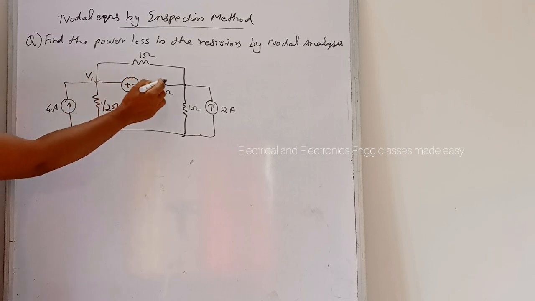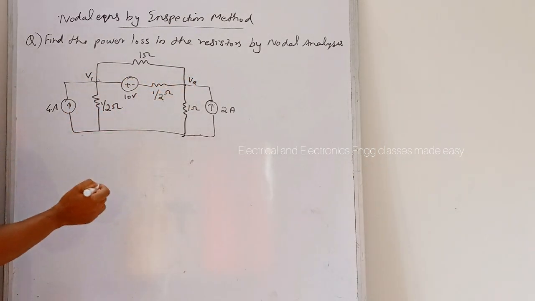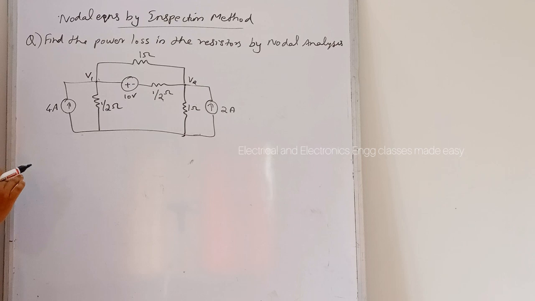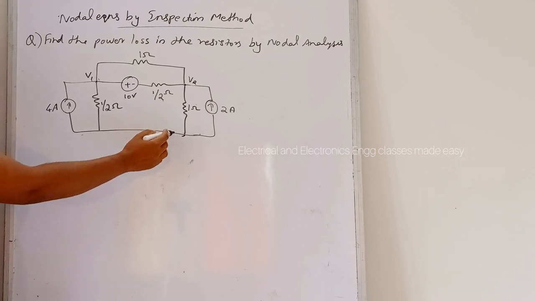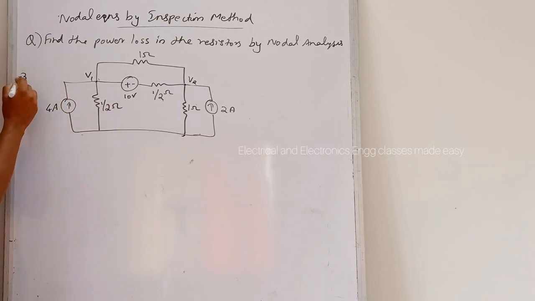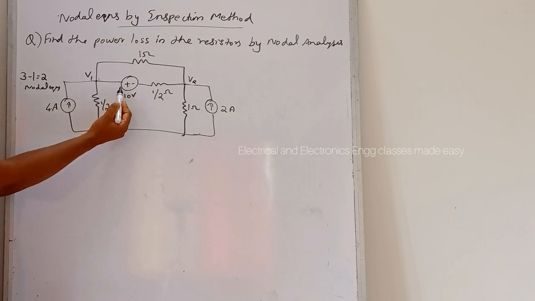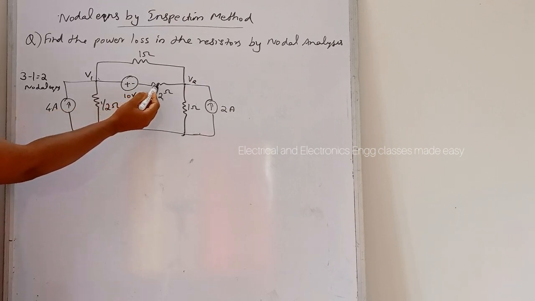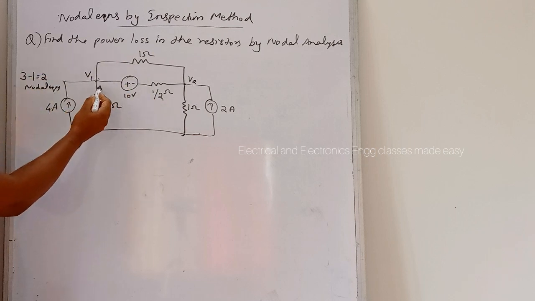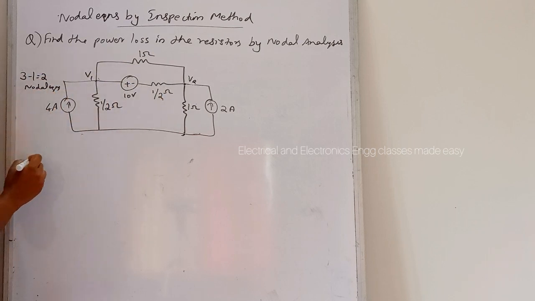Let V1 and V2 be the voltages at these two principal nodes. Since there are three nodes, there will be 3 minus 1 equal to 2 nodal equations. Here there is a voltage source in series with a resistor in between these two nodes. First of all, let us write